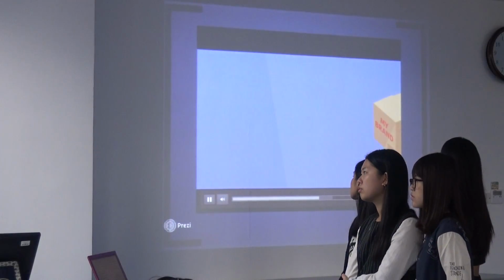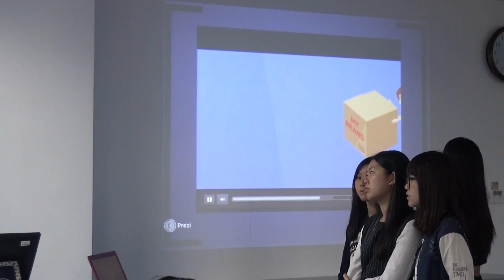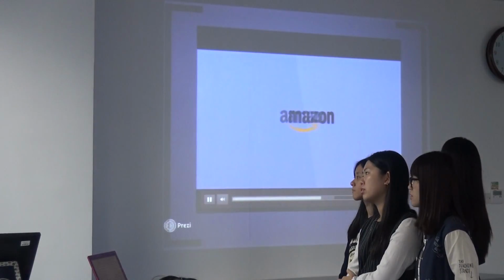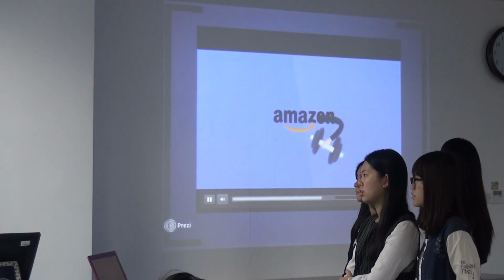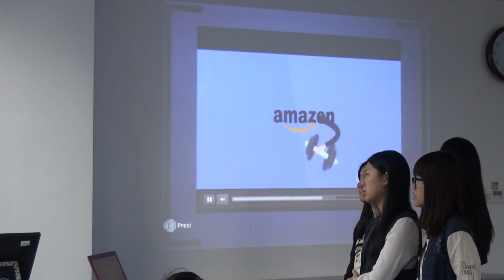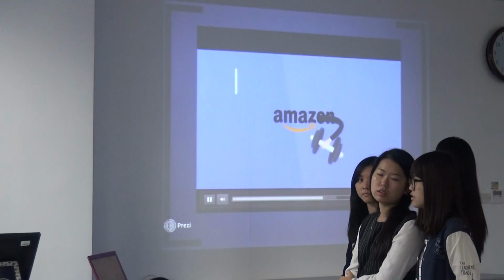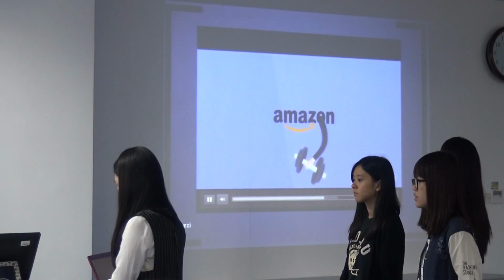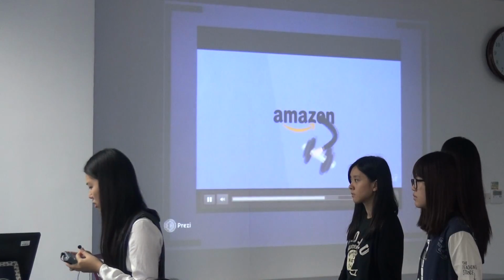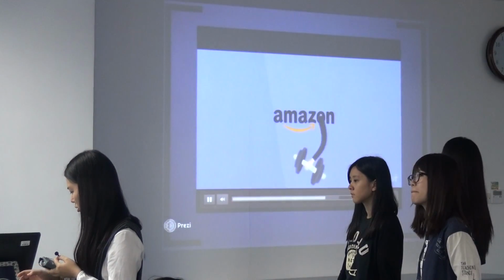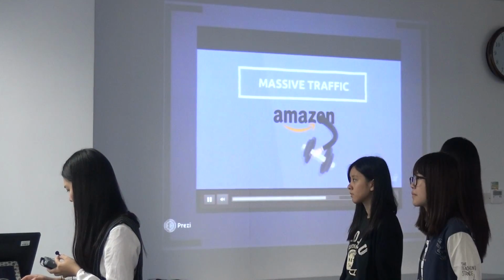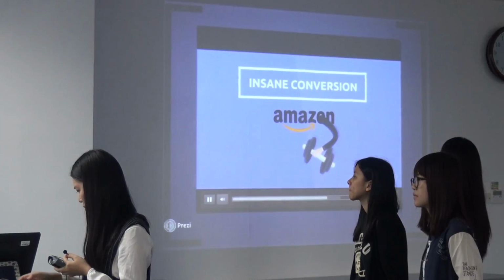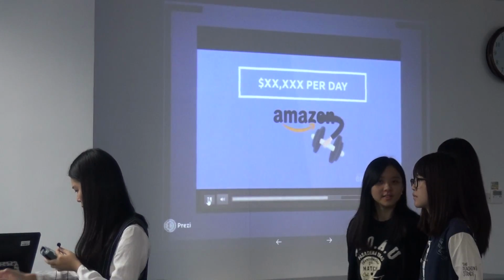So now you've chosen a high-selling product and found a private label supplier to manufacture your product. This is where you really leverage the power of Amazon. Firstly, for a modest commission, Amazon will let you sell your product on their website and along with it give you exposure to its 320 million visitors every month who are looking to buy something. We'll show you how to rank your product listing at the top of the Amazon search listings to get massive traffic and an insane conversion rate. Remember, Amazon sales are over $89 billion per year, and the highest ranking products.